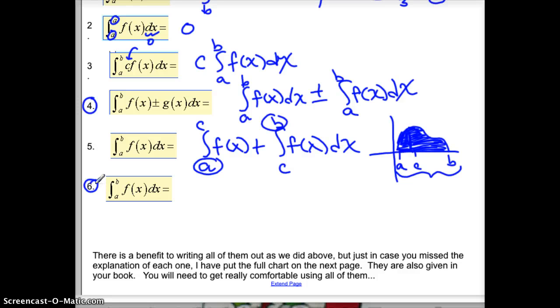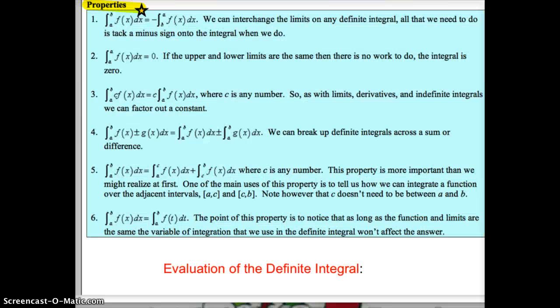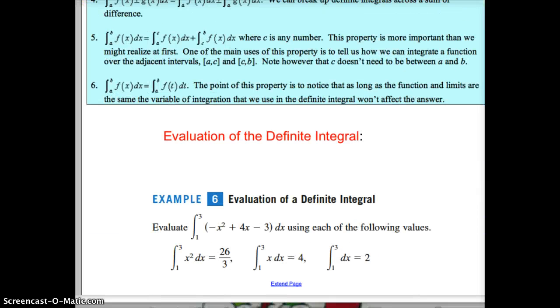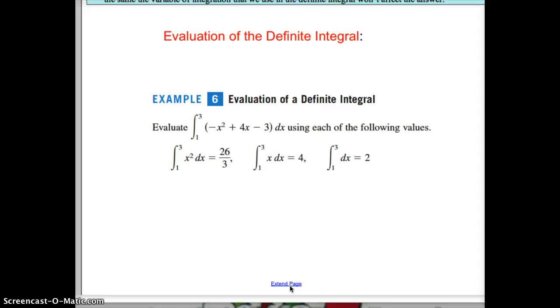So there's a benefit to writing them all out, but just in case you missed some of the explanation and taking the notes, I've also re-put those on the top page. So this top blue box is basically everything I just said with it written out. So let's go take an example from the book. We'll look at example number, I wish I could see my timer here. I don't know how much time I have left. But my example number 6, it has some constant multiples. It's got a sum, it's got a difference. And what I'm going to use is those properties above to break that apart and then use these specific